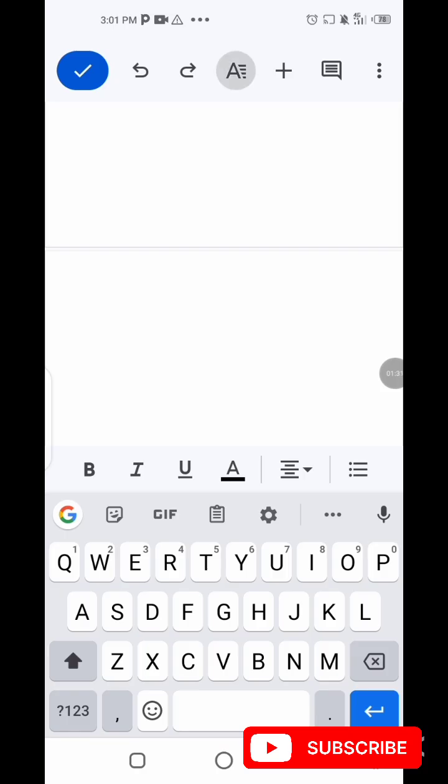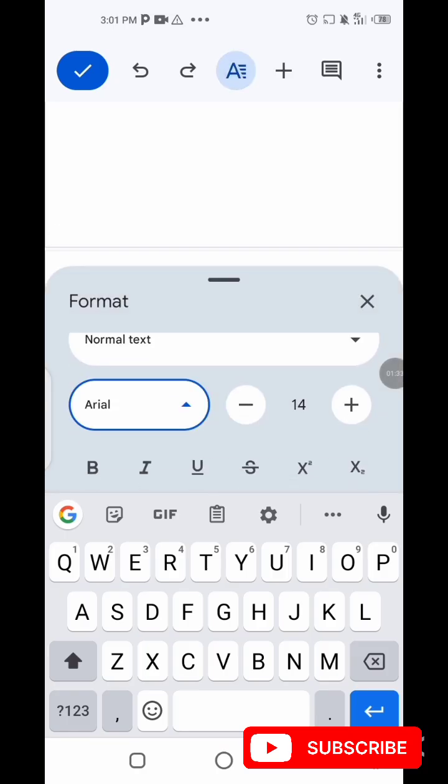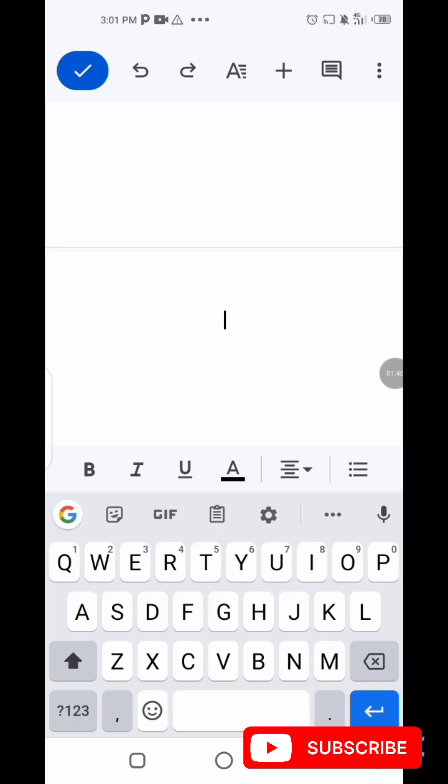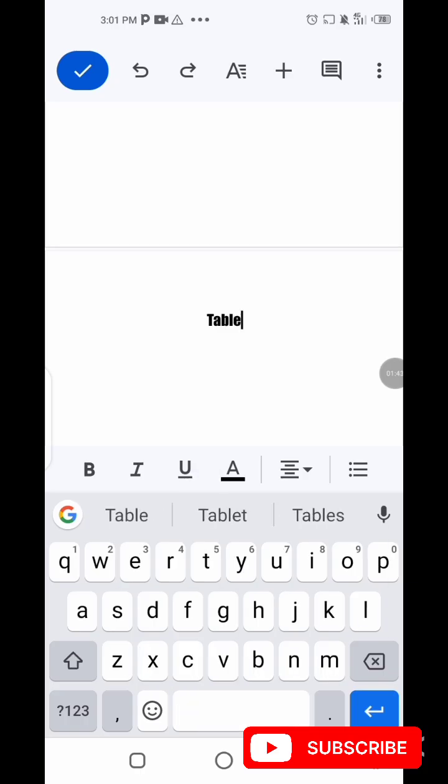So like I told you, I like using Impact for heading. Let's make it 18 font size. Let's write this table of contents. Alright, then I think we'll not write our table of contents yet because our book is not ready, so we're just formatting the book. Okay, I'm just trying to show you how you're going to work it out when you finally get your content. So the next thing you do is add page break,